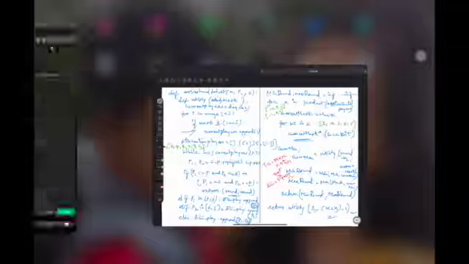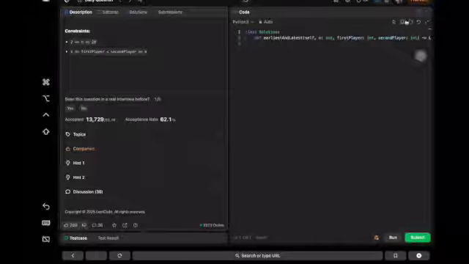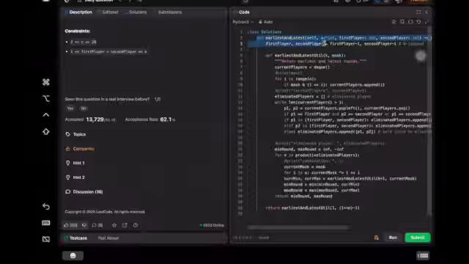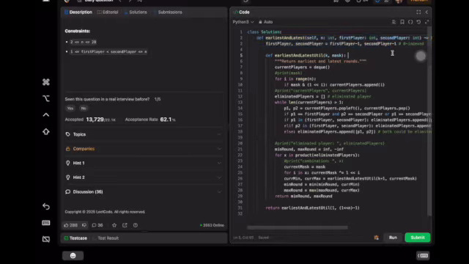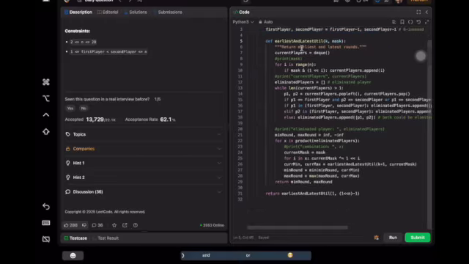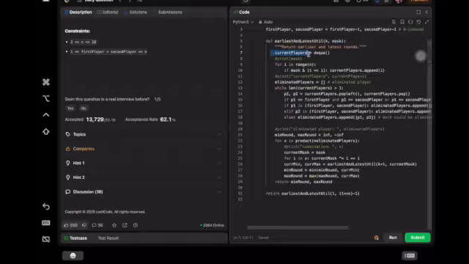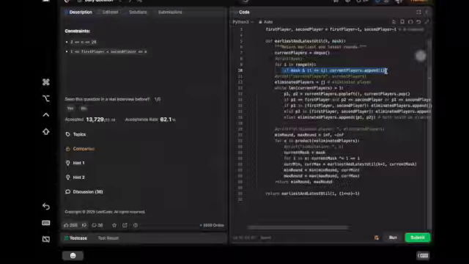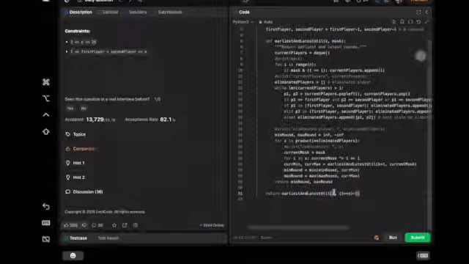This is the exact code that I have written. Maybe I can show it by retrieving the last submitted code. For earliest and latest, I'm just doing i-1 because I have a zero index. So we have to return the earliest and latest rounds, right? For current players, we are using a deque because we have to pop the first and last elements. So I'm getting the current players by checking the current bit, whatever the bit is set to. Initially all these bits will be true. That's what we are passing as the first round.